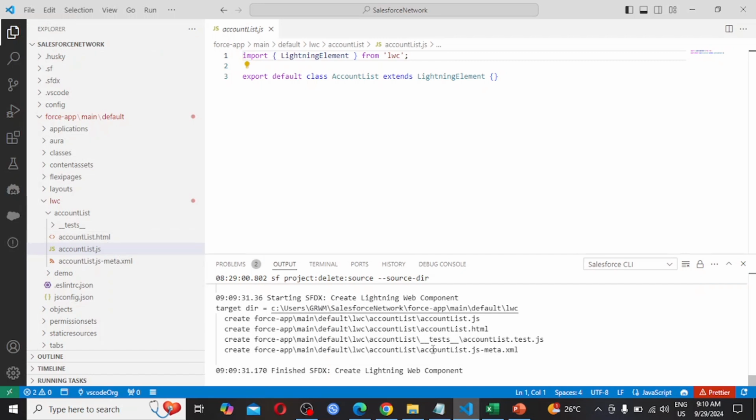Also we are able to see in the message, Create Lightning Web Component, that it created accountList.js, accountList.html, accountList.js-meta.xml files, and we get the message Finished Create Lightning Web Component.